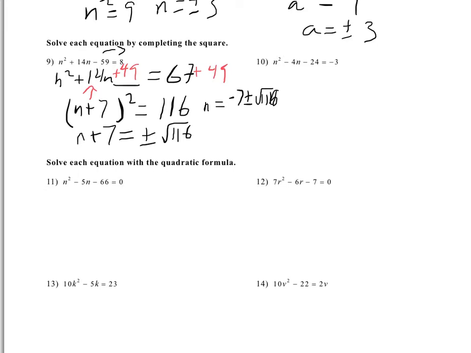Excuse me, looks like 116. Now I did figure this one out. These come out to 3.77 and negative 17.77. Number 10,